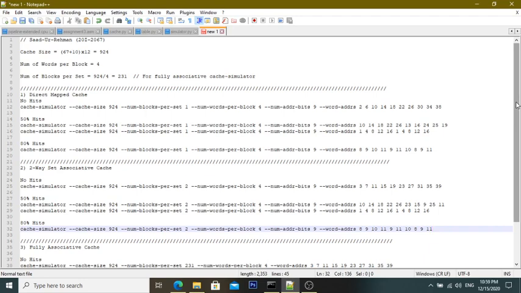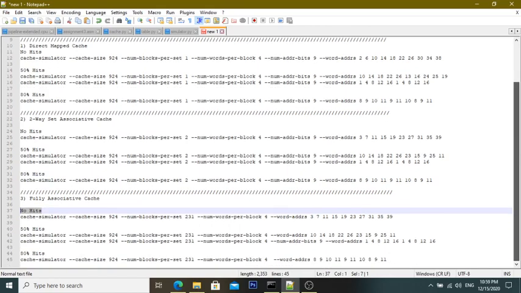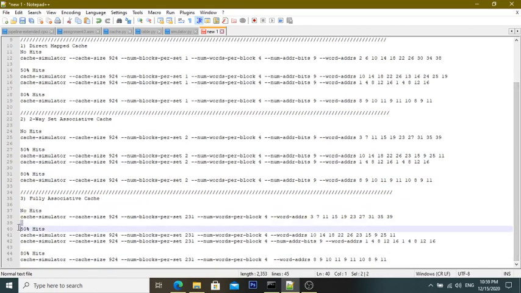show the 9 sequences of direct map cache, two-way set associative cache, and fully associative cache, in which I have to show a sequence of 10 addresses with no hits, with 50% hits, and with 80% hits. Also in the case of two-way set associative, and in the case of fully associative cache. So